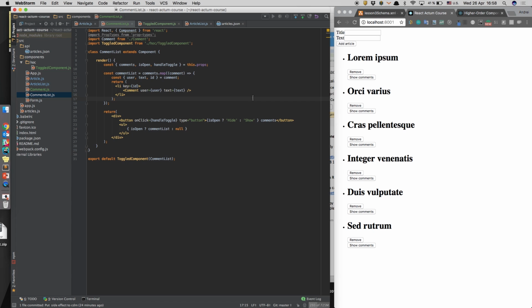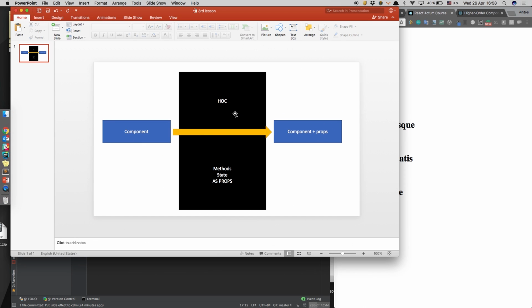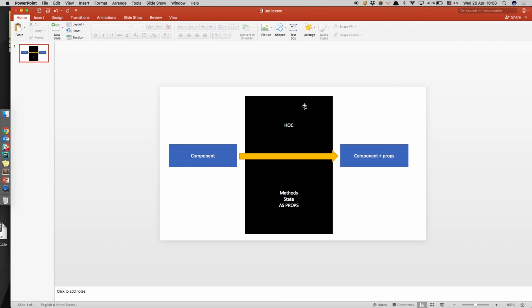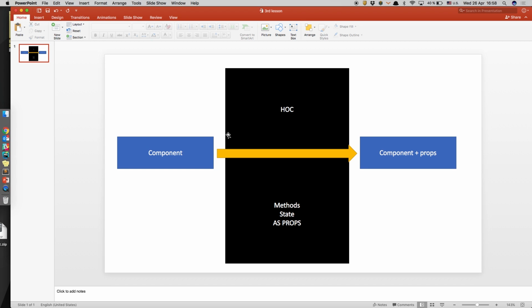So how does it look? Our hook is just like a black box, like a wrapper. We have one component, pass it via the hook. The hook includes method, state, and passes it via props to this component. And we have a new component with these props. It looks like inheritance in OOP,